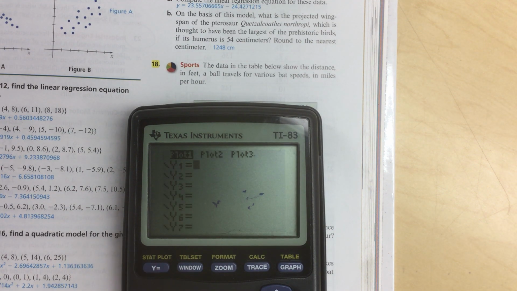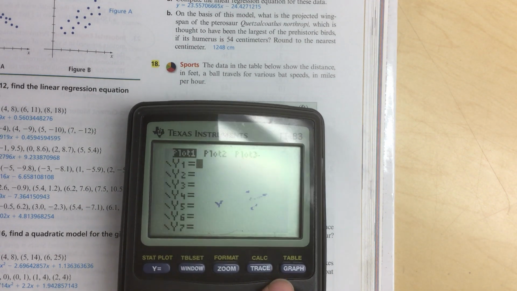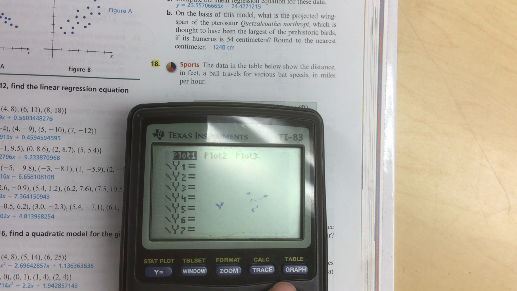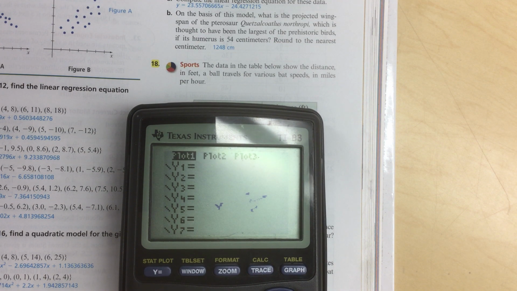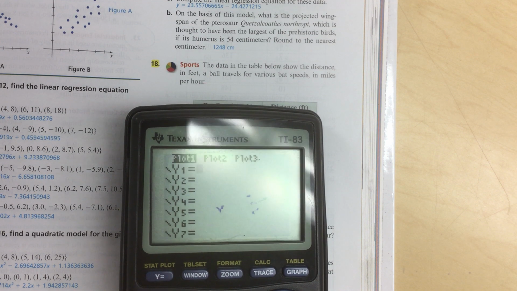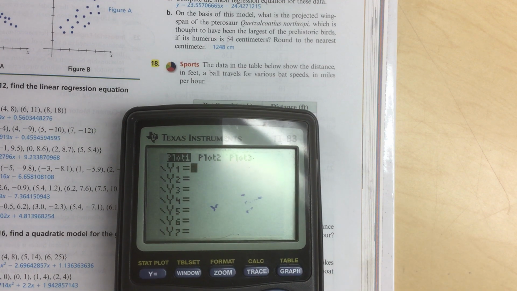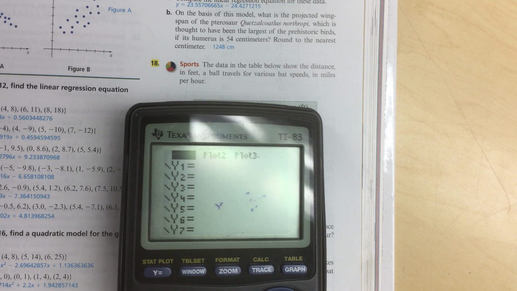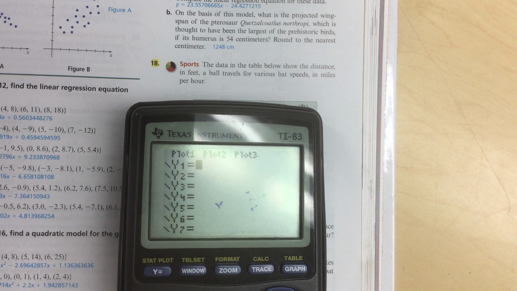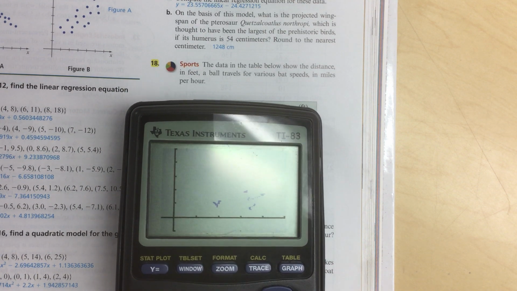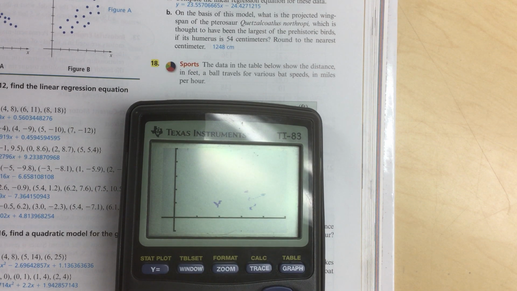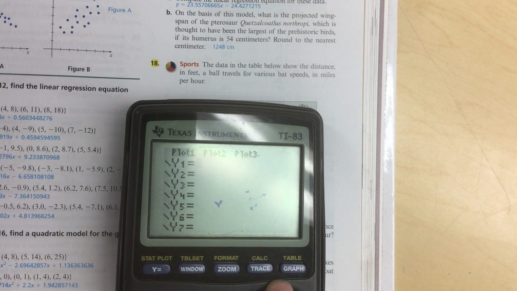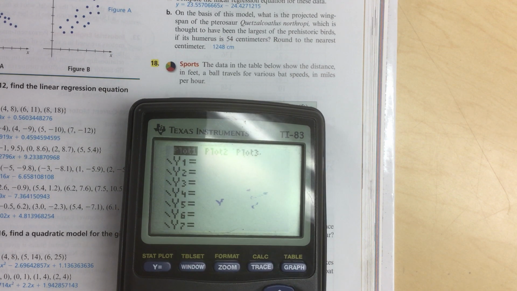Go to y equals. Now, see how plot 1, when I hit y equals, plot 1 is highlighted? That means I have a stat plot turned on. Sometimes when you go to y equals and you want to graph a line, you get an error because your plot 1 is on. You can go up to it, so you're blinking on it, and hit enter, and then go down and you've turned it off. So now if you hit graph, it doesn't plot those points. So y equals, go up to plot 1, hit enter, and then go